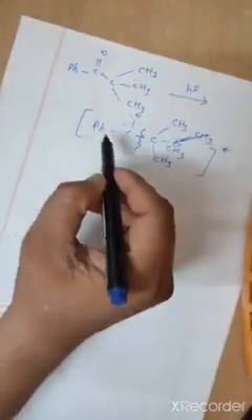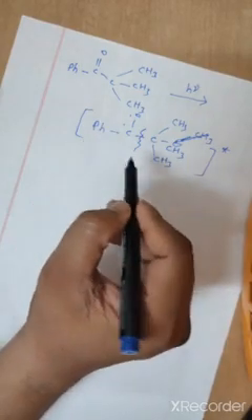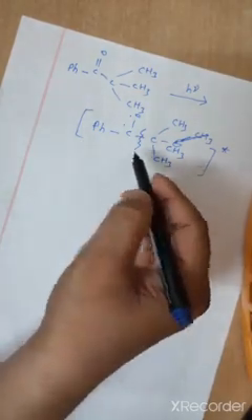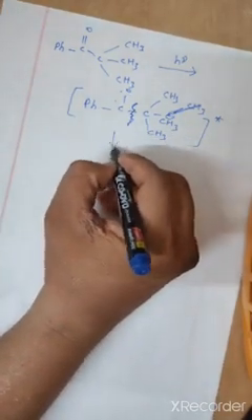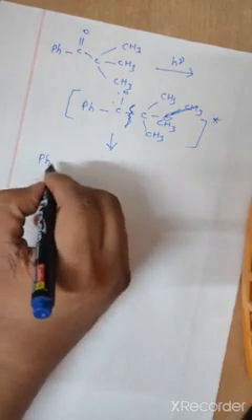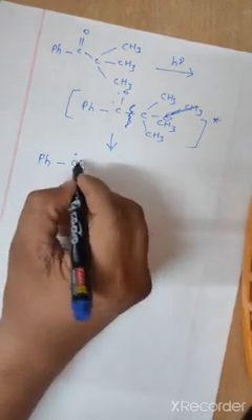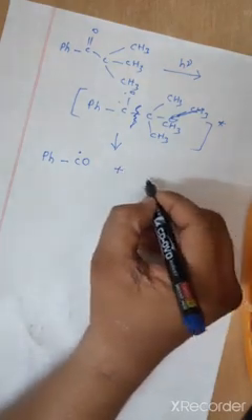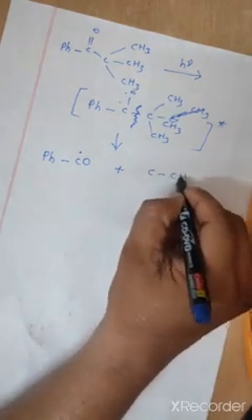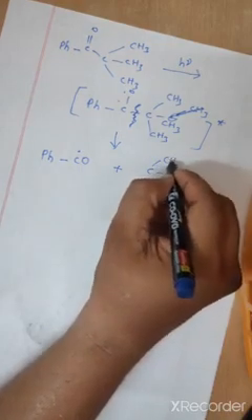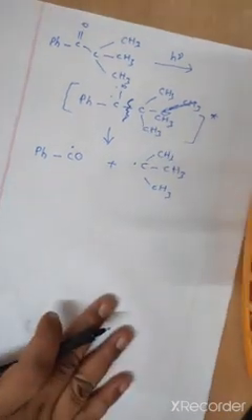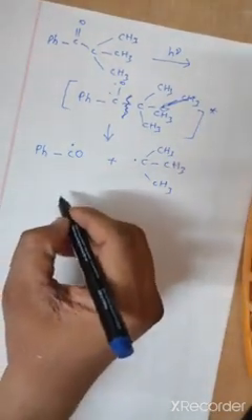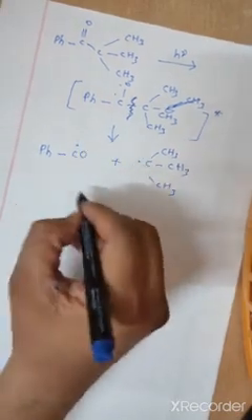Which bond will cleave? Where the radicals formed will be more stable. In this case, this is the cleavage. Two different radicals are formed here: this radical, and another radical, CH3 C CH3, and this radical. Now in the secondary process,